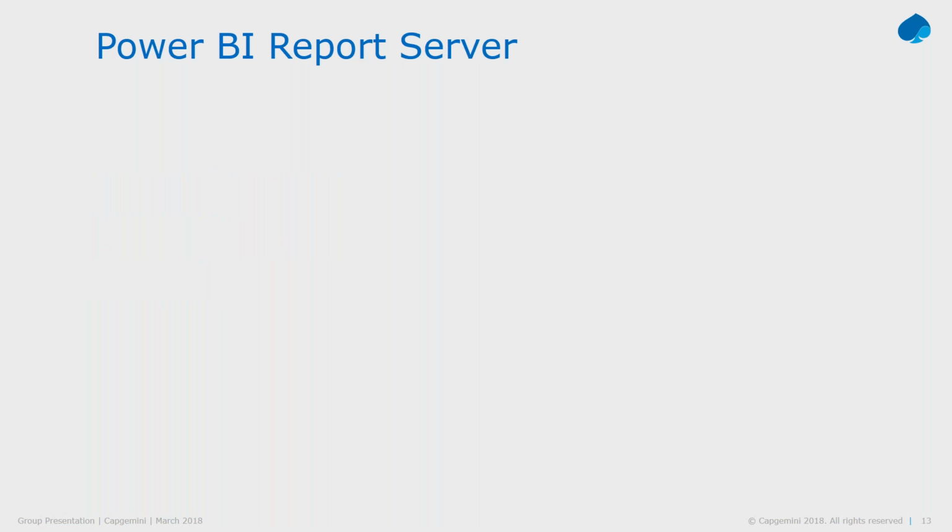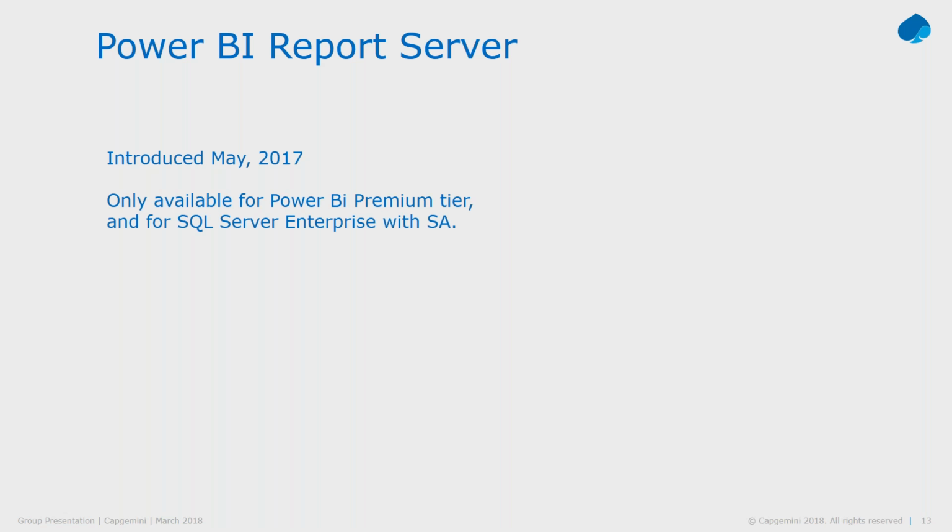You have Power BI Report Server running on premise, and it was introduced in May 2017. It's an add-on to the SQL Server Reporting Services, so it's very easy to install, but it's only available to install if you have Power BI Premium tier, or if you have SQL Server Enterprise with the Software Assurance service level agreement. It is the full Power BI experience though, so it's very nice if you can't have the cloud solution. But it only updates 3 times a year, which means that